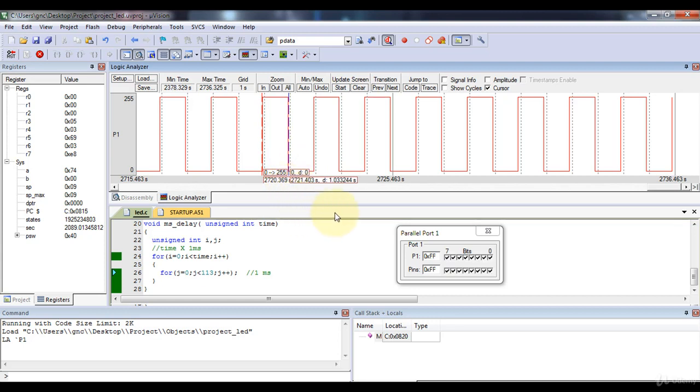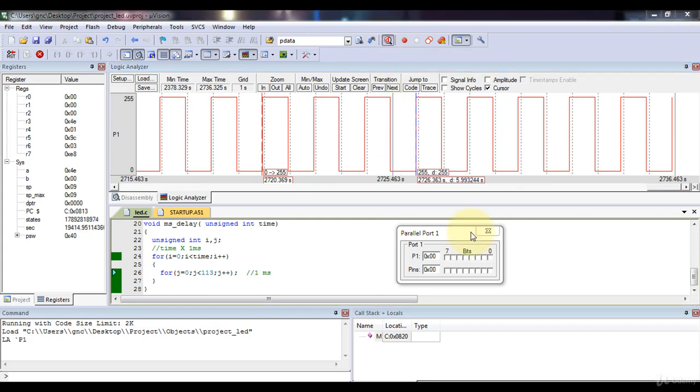I will arrange it like this. This delay value is 1.033 seconds. That means approximately I am getting a delay of 1 second. So likewise, you can verify your code in Keil software. Now I hope you understand the working of the code and how to use the software to debug your code. Now for a better view